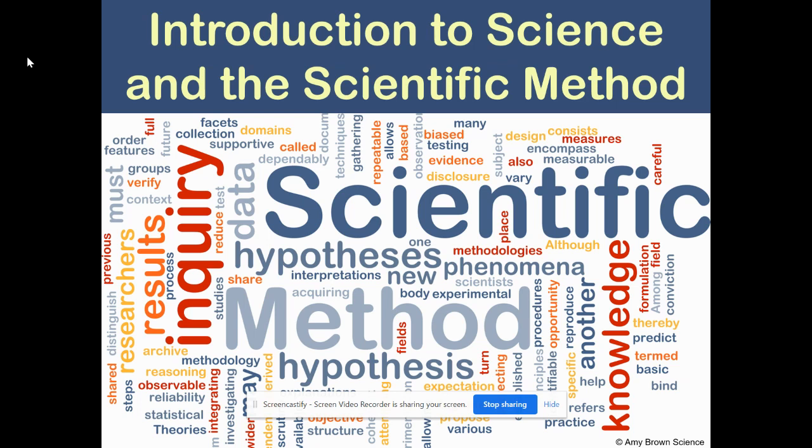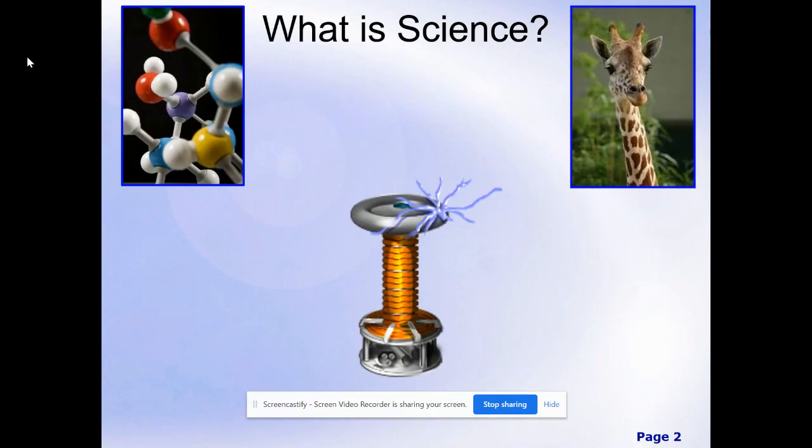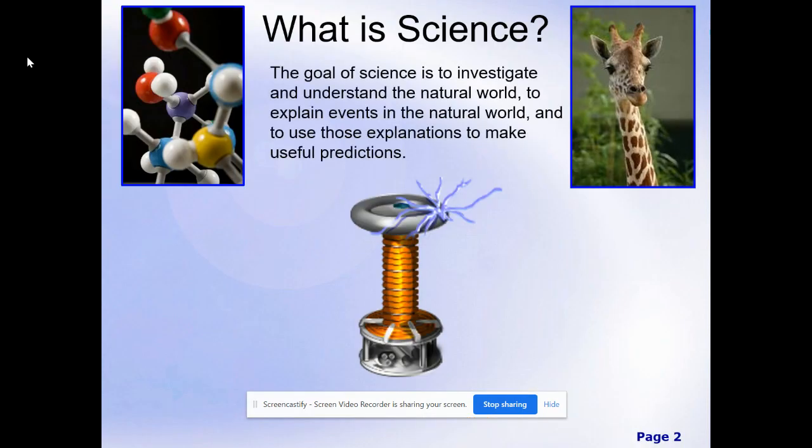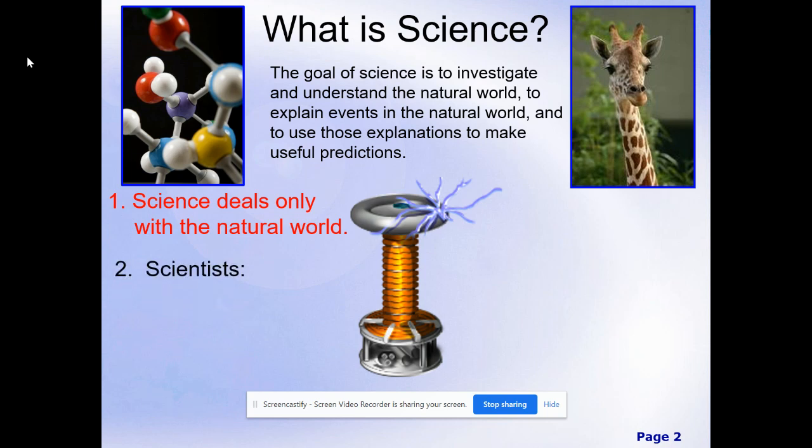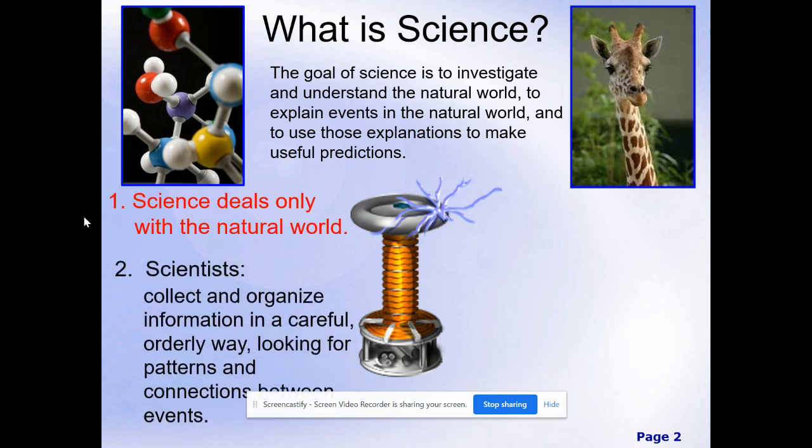All right. So all scientists use the scientific method. You have done this before, so we're just going to review and make sure we have specific notes to refer to this week as we work with the scientific method. So what is science? The goal of science is to investigate and understand the natural world, to explain events in the natural world, and to use those explanations to make predictions. Science deals only with the natural world, and scientists collect and organize